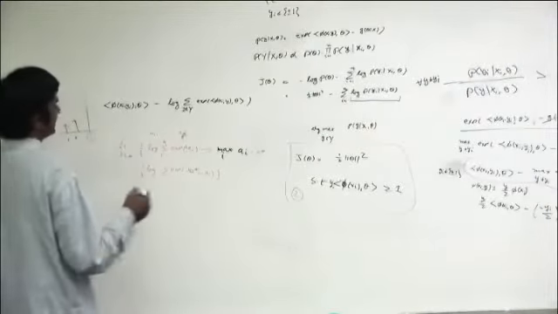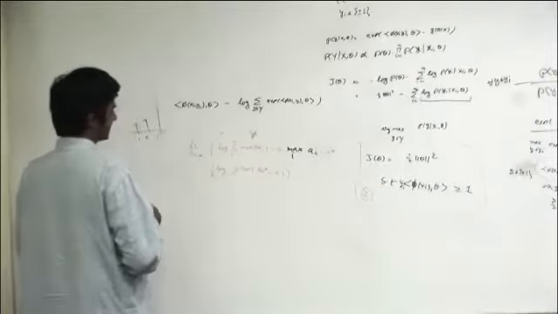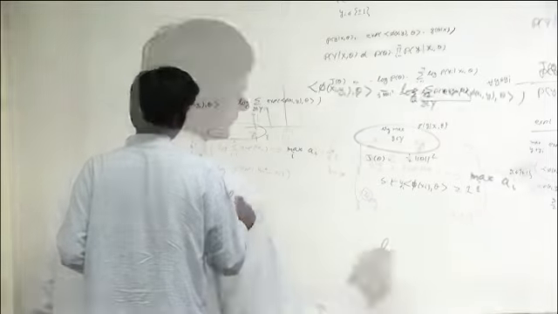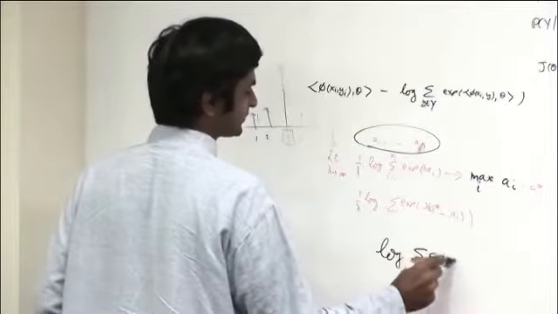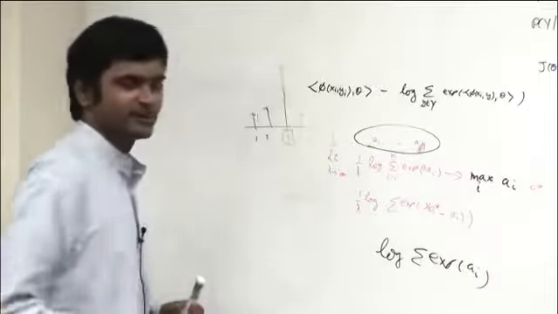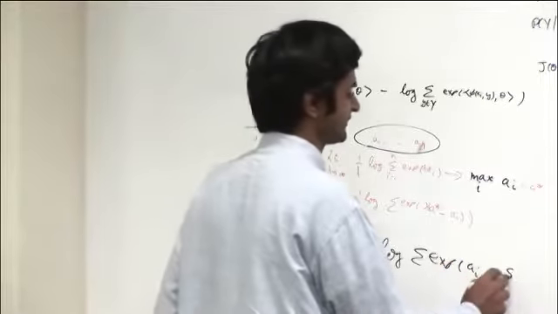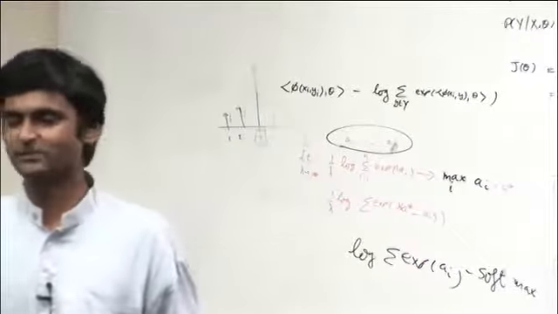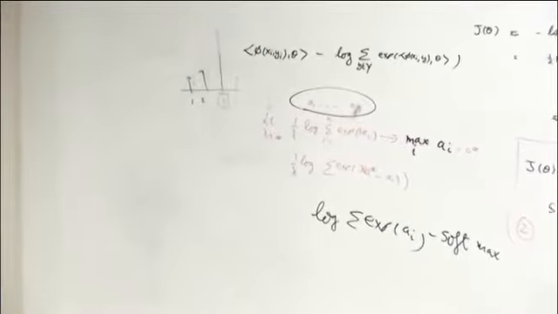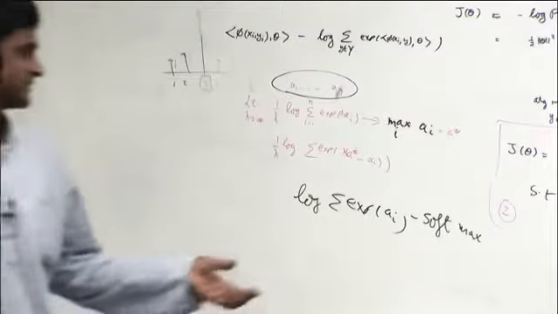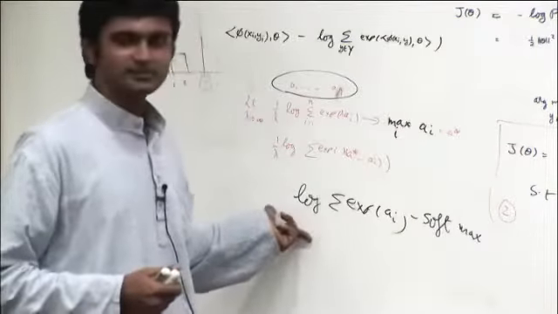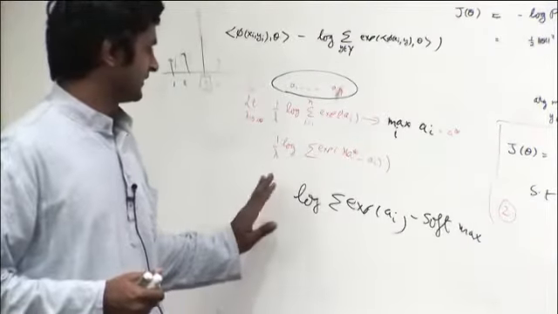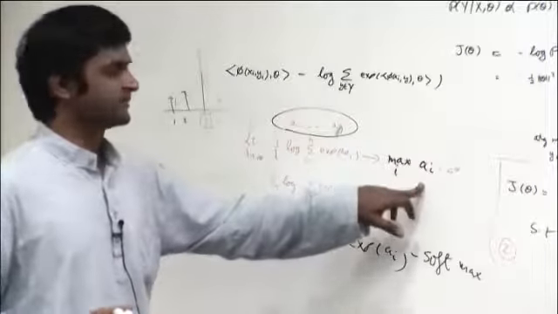Therefore, this quantity, the log of the sum of the exp of numbers. If I give you any set of numbers and you compute log sum exp of a_i, this quantity is often called the softmax. This is not quite the max, but the large numbers will influence it more than the small numbers. The large numbers will have a much larger influence than the smaller numbers, and in the limit, this becomes the max.